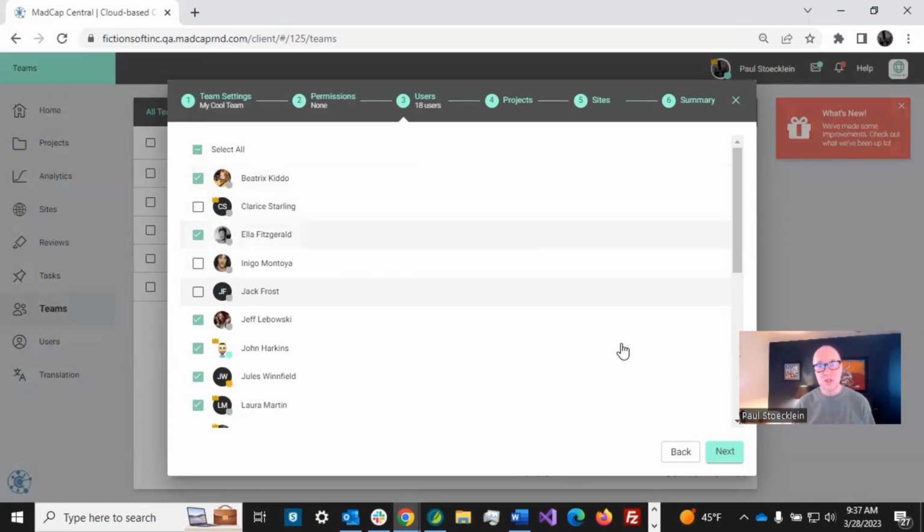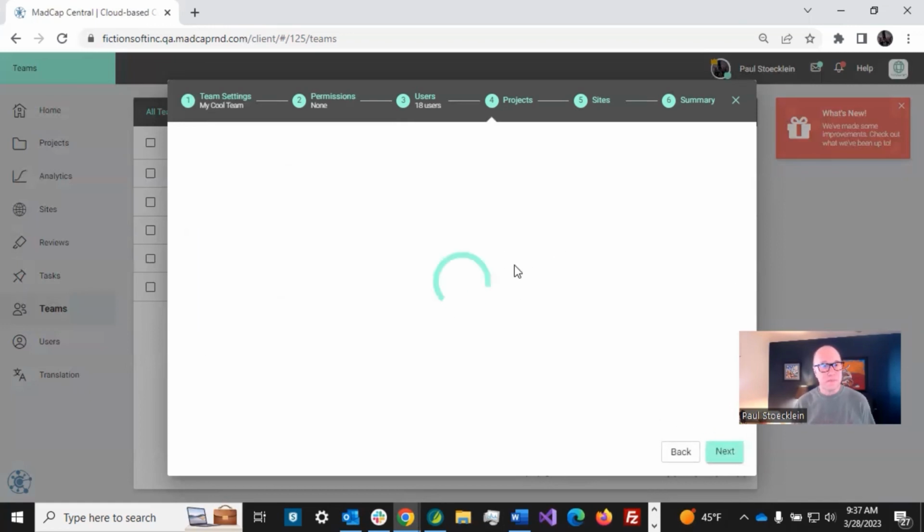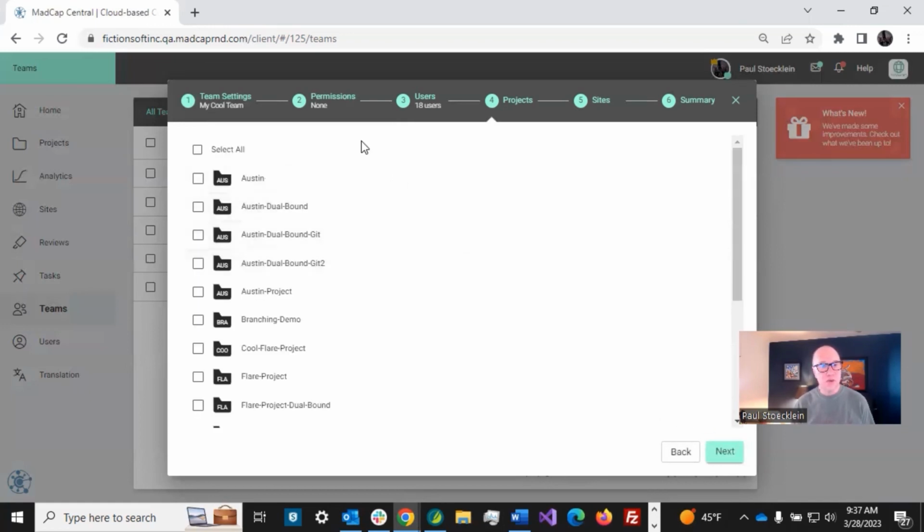Okay, so you choose your users. Next, optionally, you can choose different projects that could be associated with the team. And these associations, when we're saying, all right, I'm going to associate this project with the team, and I'm associating the user with the team, these associations are treated separately, because a user could be associated in their user profile